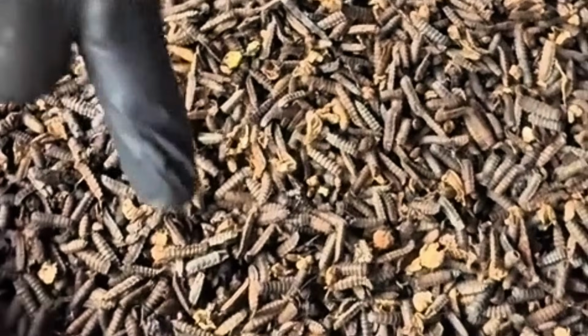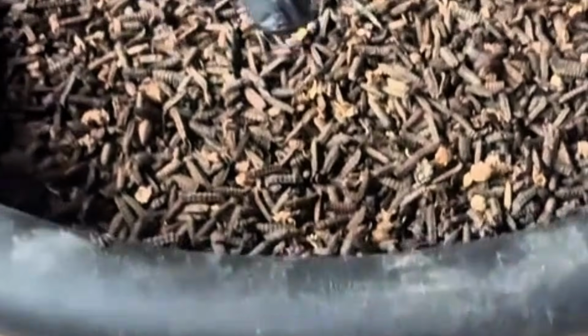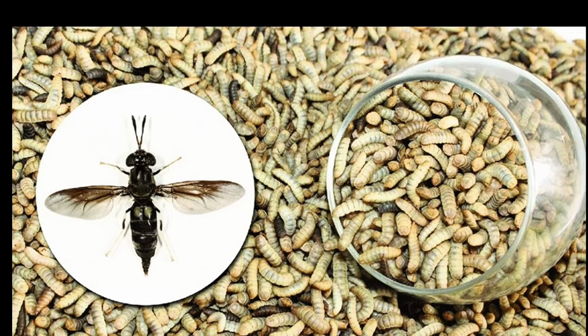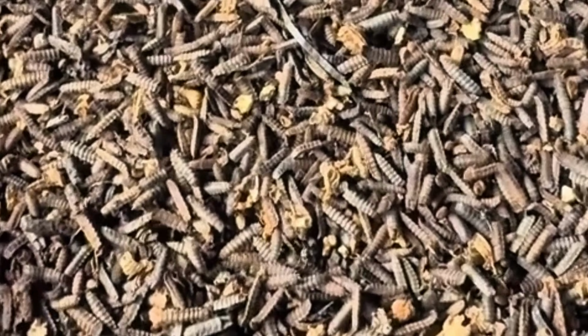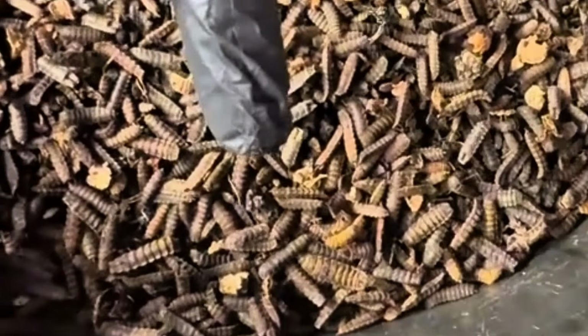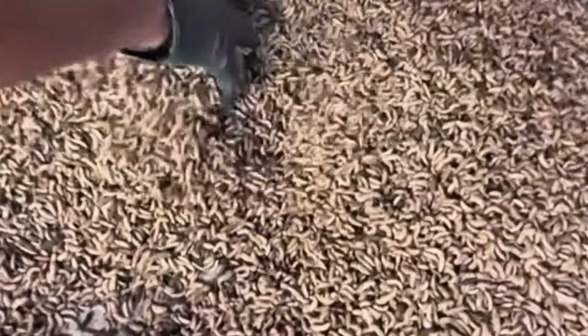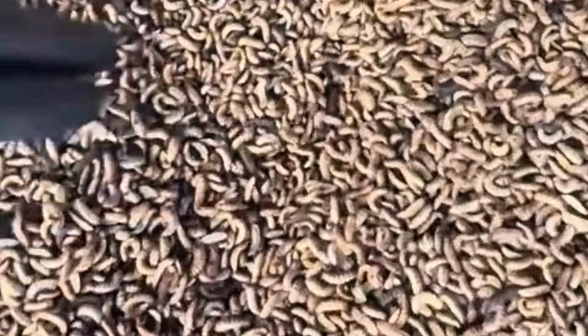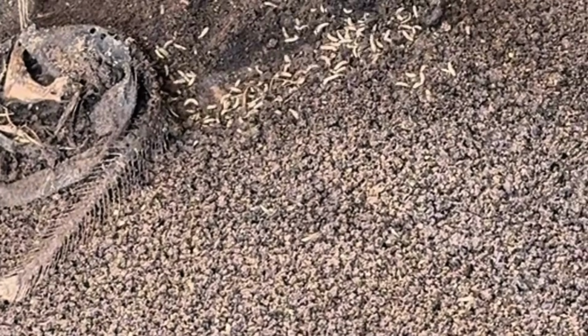Black soldier fly larvae. The black soldier fly, Hermetia illucens, is not a pest. The adults do not bite, do not infest homes, and are not attracted to human food. They are a managed decomposer insect, and their larvae are one of the most protein-dense feed ingredients in small-scale agriculture. Research supported by North Carolina State University Extension documents that black soldier fly larvae contain approximately 40% crude protein and 30% fat on a dry matter basis, comparable to fish meal, which is one of the most expensive conventional feed